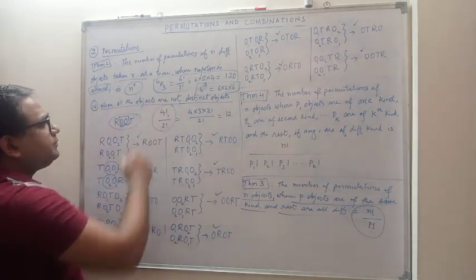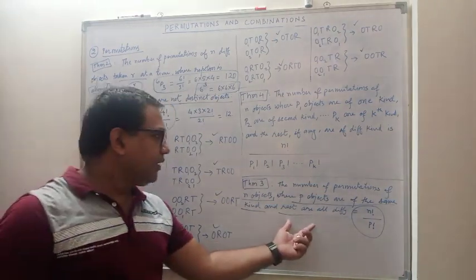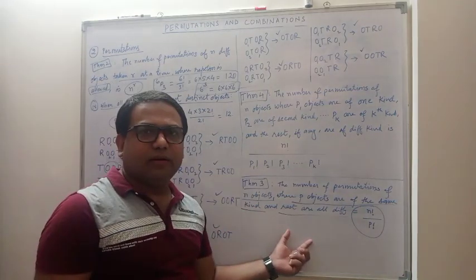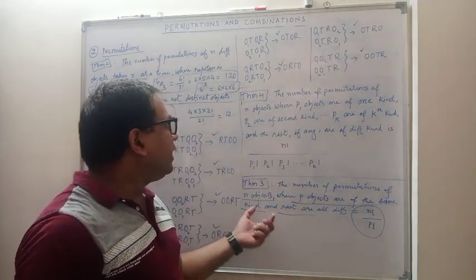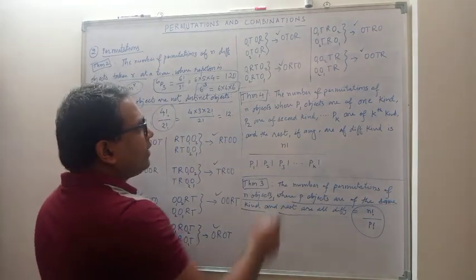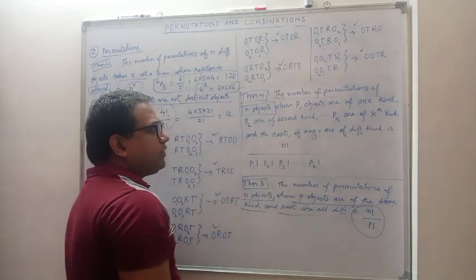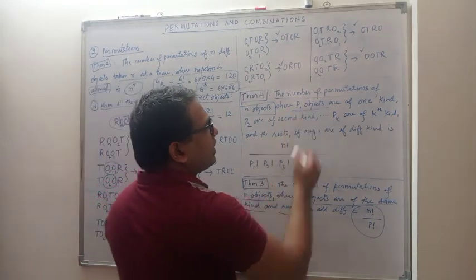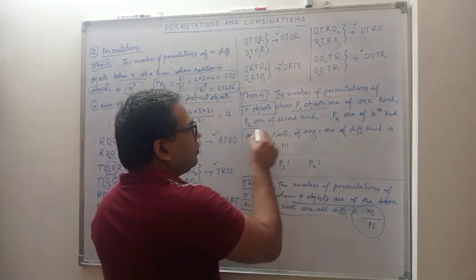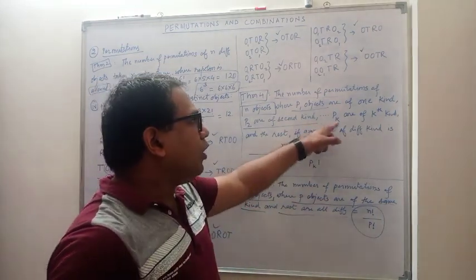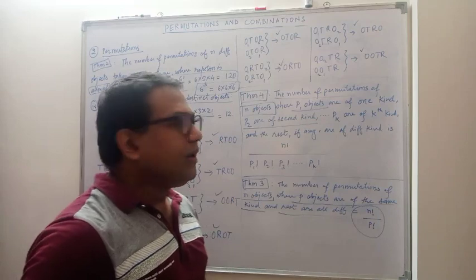So this is theorem number 3, and we can generalize it. After generalizing we can say the number of permutations of n objects where p1 objects are of the same kind, p2 of the second kind, and so on, and pk of the kth kind,